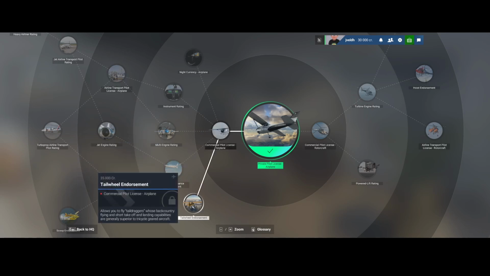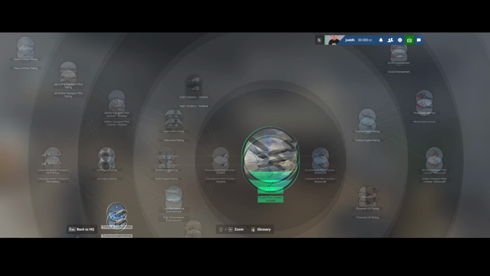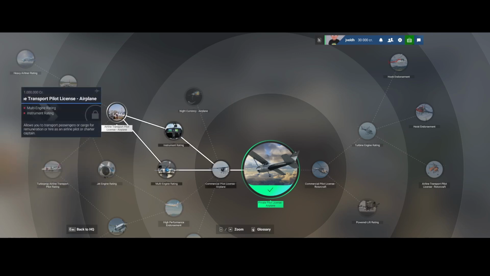On the bottom, you can see the tailwheel endorsement, which allows you to fly tail draggers. If we move further to the top, we can see the heavy airliner rating, which is the most expensive one, as you can see, but also it's probably the most challenging one, but also the coolest one, I do think. The jet engine rating doesn't allow you to go to other modes, but the airline transport pilot license airplane